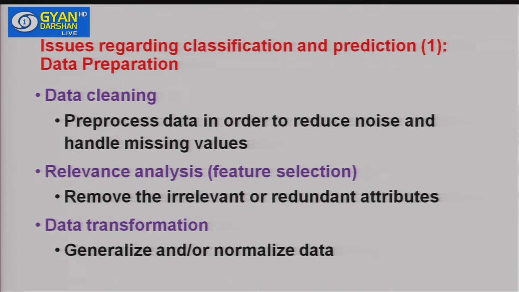There are various issues involved in classification and prediction. Not only for classification, but in data mining on the whole, we use various data preparation techniques such as data cleaning and relevance analysis, because real-time data is very noisy. That has to be handled and the noise has to be cleaned. We also use data transformation techniques. Once we apply all these techniques, we have prepared the data sets, and then we build the classifier and use the training data set for further analysis.